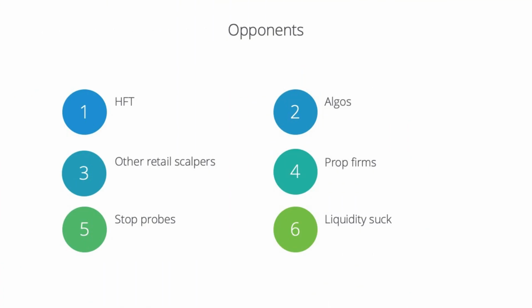Now, some of these are people as such, and some of these are different things you've got to watch out for. The first one is high frequency trading. This is dying down a bit now as I do this video in 2019. However, 2, maybe 3 years ago, it was a real peak. There was a bit of an arms race for it, but it's died off a bit.